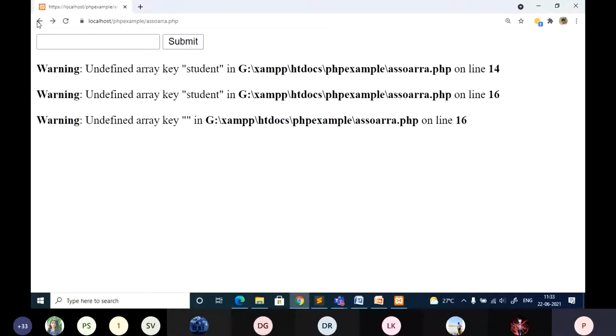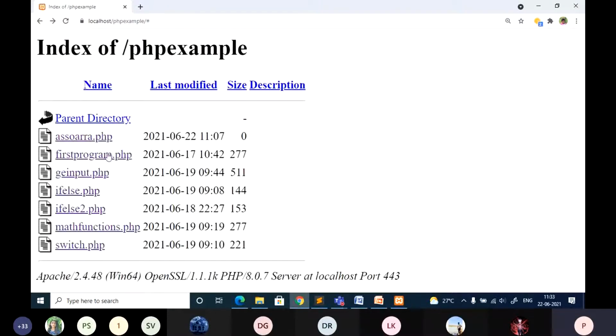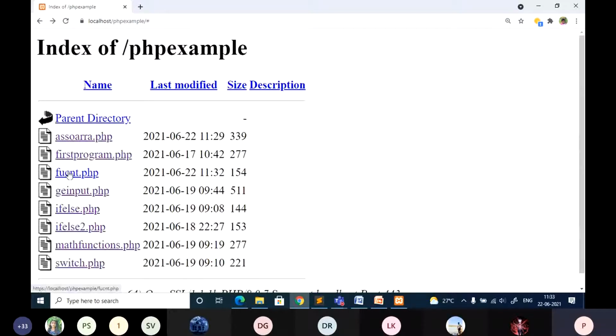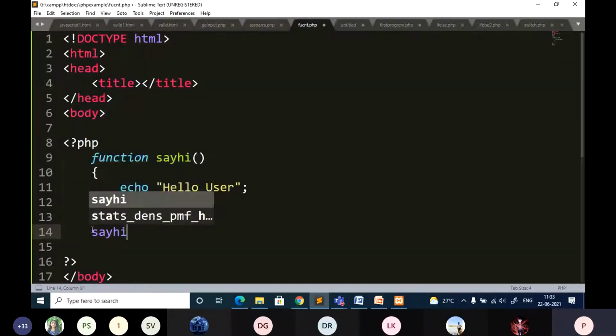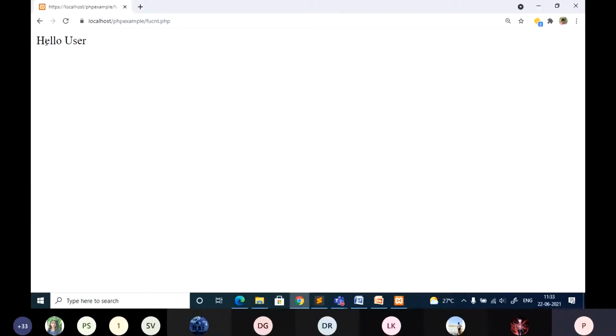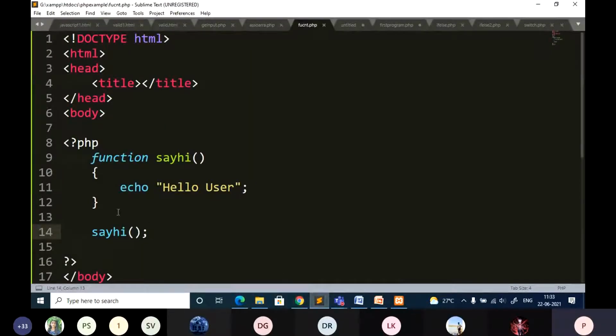Okay, what is the program name I have used? Function. Why am I not getting anything? I need to invoke the function. Once I invoke the function, the control goes to that function. This is a very simple program without any parameters. Can you see? So I got the output. You can add your own complexity to the function. That all depends on what problem you're going to solve. So this is without parameter.